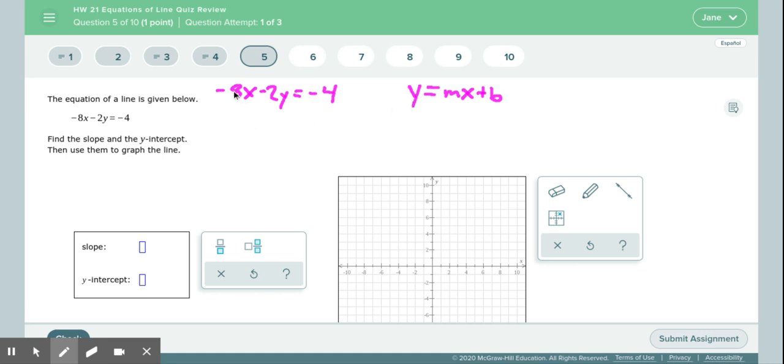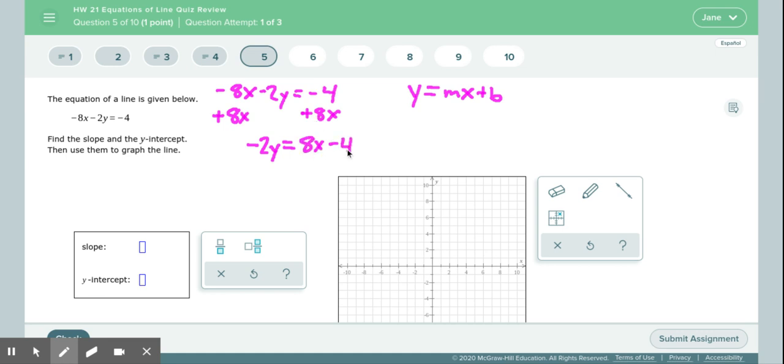Okay, so I need to move this minus 8x. Notice the x term is on the other side. I need to move the 8x term over to the other side. Right now it's negative, so the opposite to move it is going to be plus 8x on both sides. So this is going to leave me with negative 2y, so I still have a negative 2 in front of the y, equals. Now when I go to write this, notice x is first, so I'm going to bump the negative 4, and I'm going to put positive 8x first,